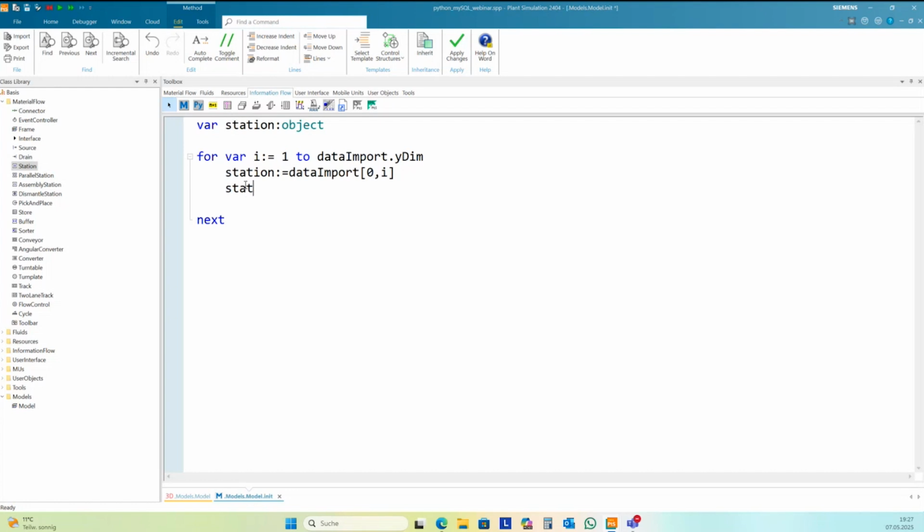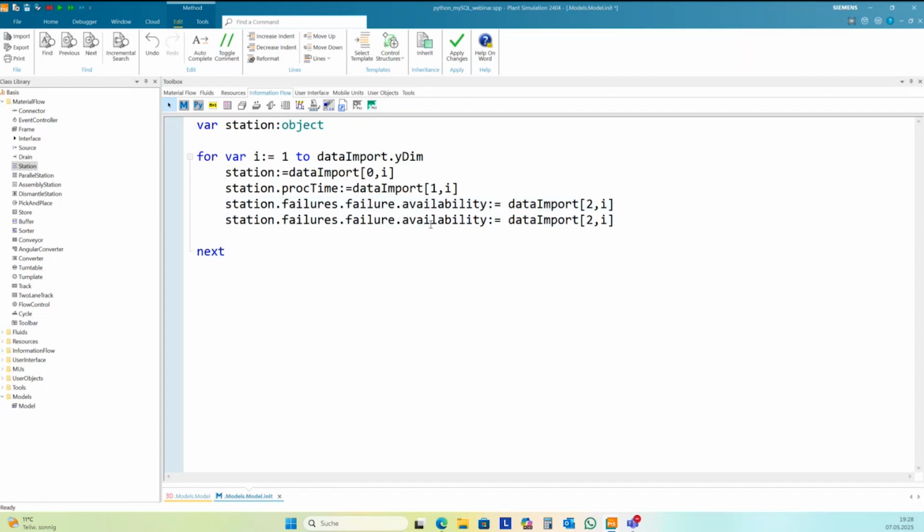And then I set station prop time to data import 1 I. And station LS, and all the same for MTDR from the third column.